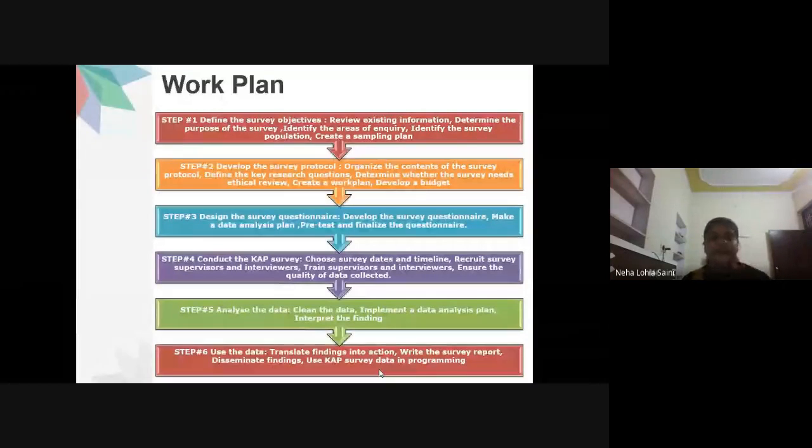Make a data analysis plan. What kind of data do you require? How are you going to plan? How are you going to analyze your data? What kind of test is going to be useful for you? Everything you have to plan. In a project proposal, girls, all these things are essential. Then you have to do your pre-test and then finalize your questionnaire. Pre-testing, pilot study, I discussed last time also when we had the questionnaire as a